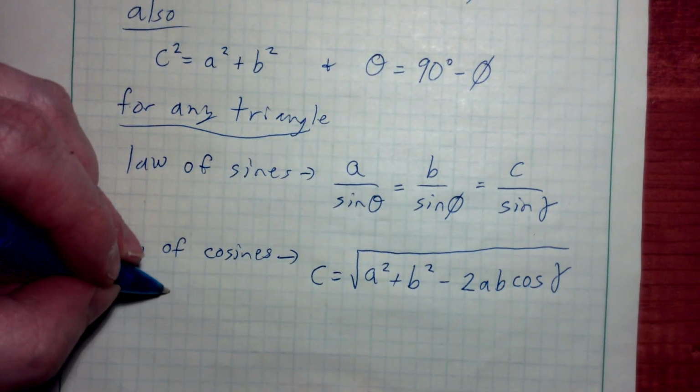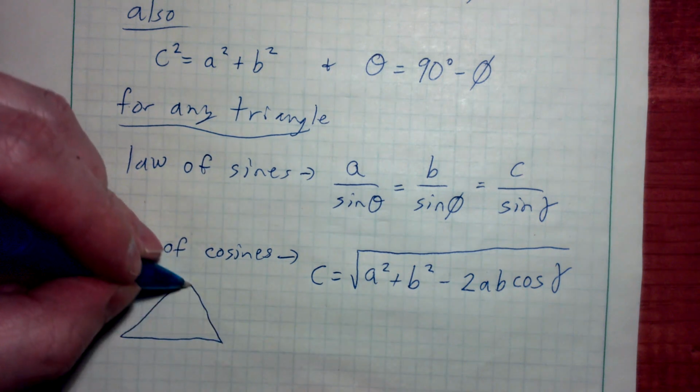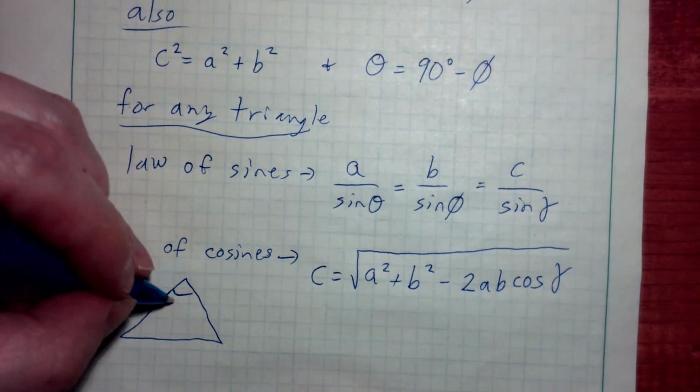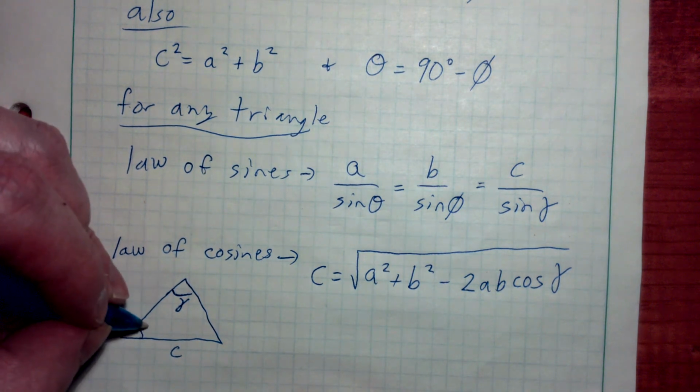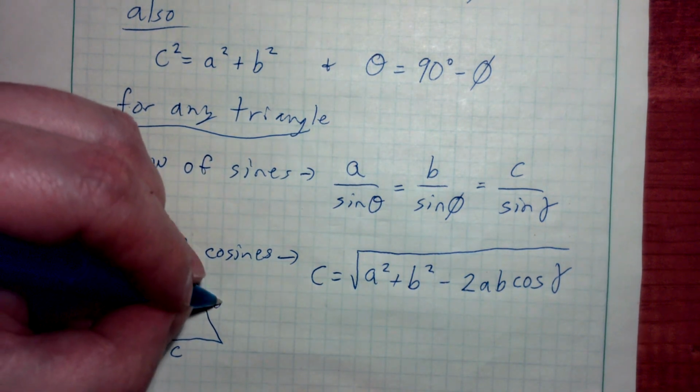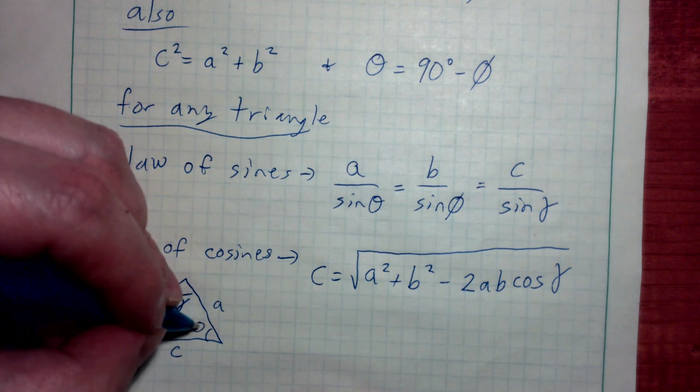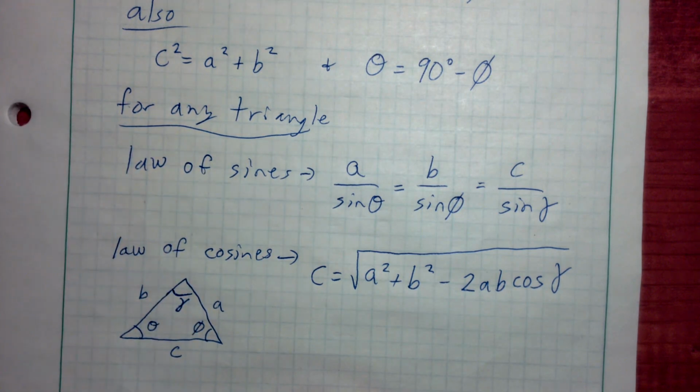And that's for any triangle. Angle gamma up here being opposite c, theta being opposite a, phi being opposite of b. So for any triangle,